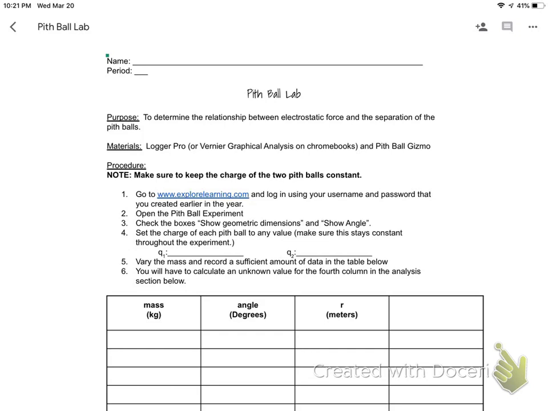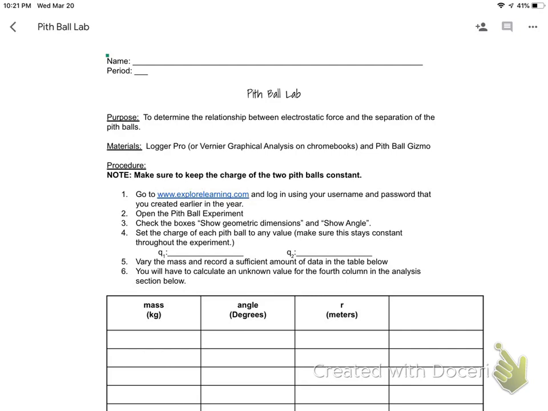All right, welcome back. So you have finished the group test, and we are going to jump into a little bit of electricity. And what we're going to do today is basically a virtual lab. So what the substitute is handing out right now is a lab that looks like this, single sheet front and back, and we are going to be doing a little virtual experiment.